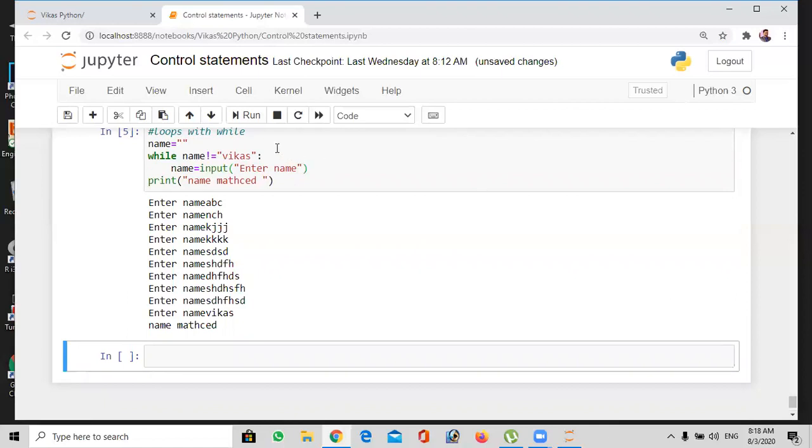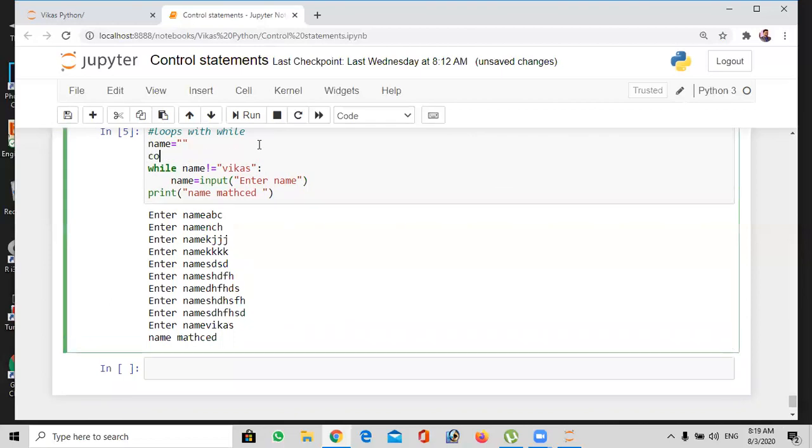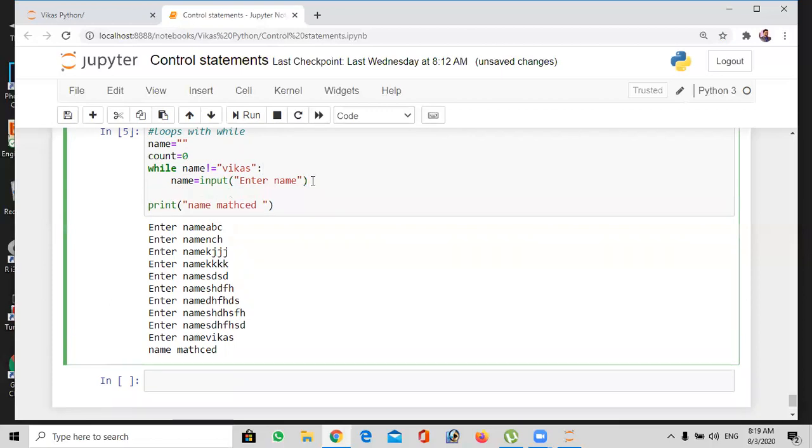For example, I'm taking a count equal to 0. Every time the name is not matched, it should ask the user again, with count equal to count plus 1 here. So name matched.